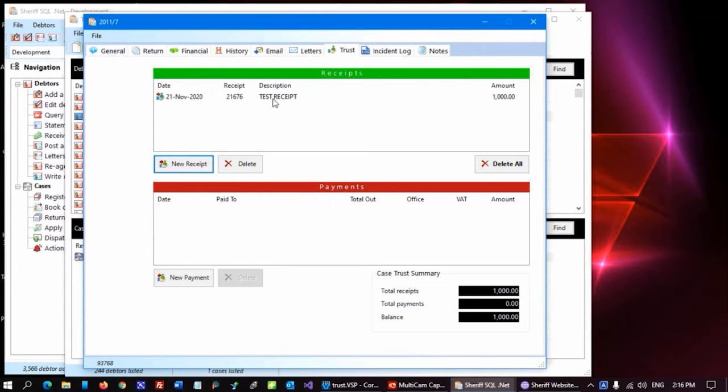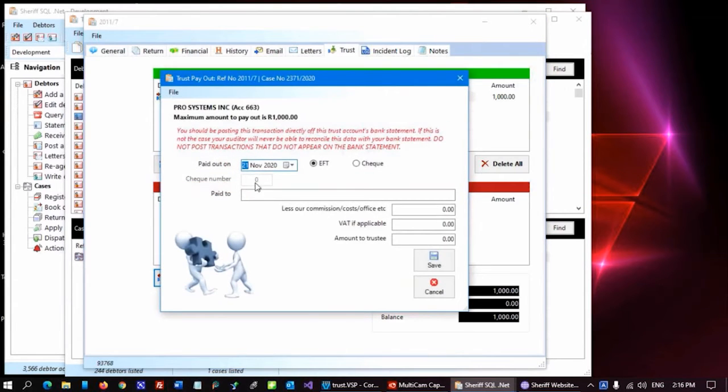Now at some point or other, money that comes in must go out. So that's where the payment comes in. I'm going to post a new payment. Let's see how that's done. I'm going to post the payment on today's date, and I'm going to pay out to the debtor. Whatever, you can type there whatever you like. But the sheriff is withholding 200 Rand commission, and he's paying 800 Rand